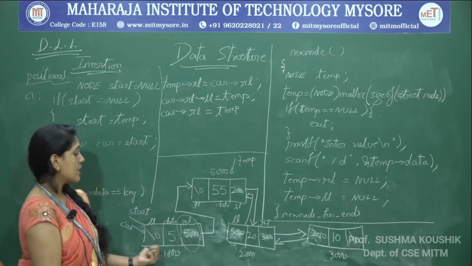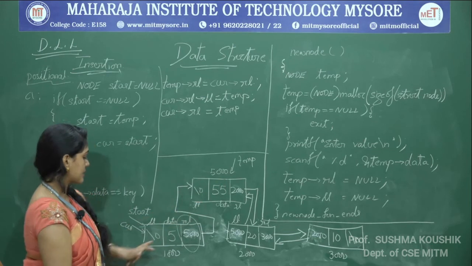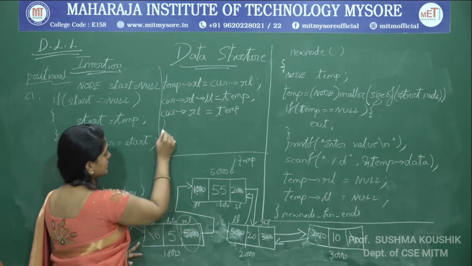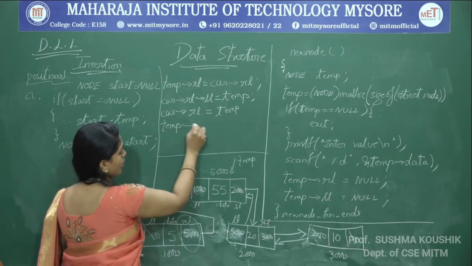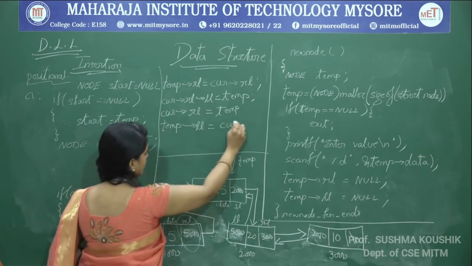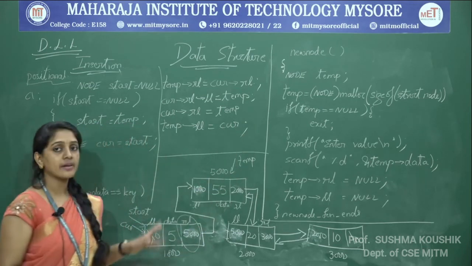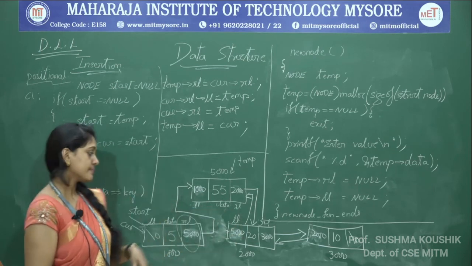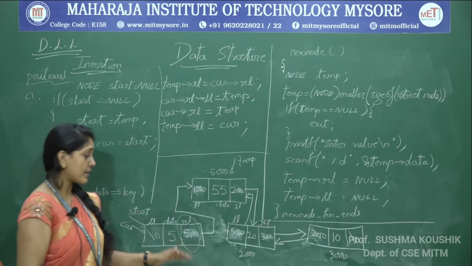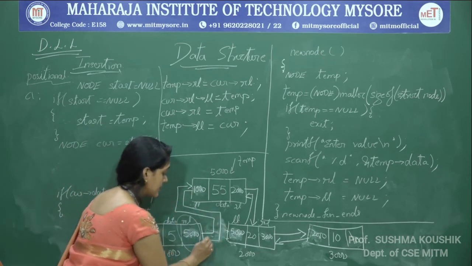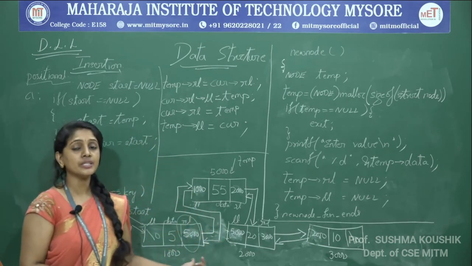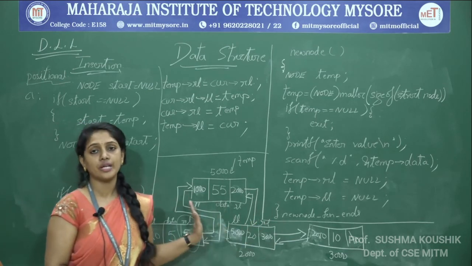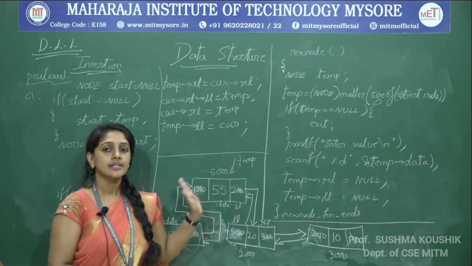This link also I have to overwrite. This should hold the previous node. So we will write temp of LL is equal to current. So here it is 1000. So how do I write it? Temp of LL is equal to current. By doing this, we are reducing the overhead of creating one more pointer and traversing it all the way. So this is the advantage of a doubly linked list, where we are doing the traversing in either direction, either from right to left or from left to right. In both directions we are doing the traversing.